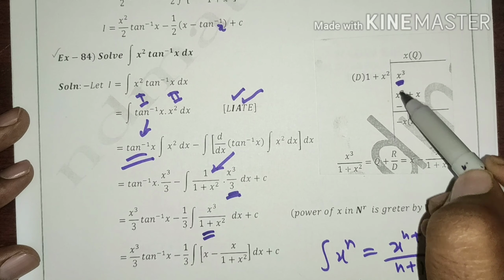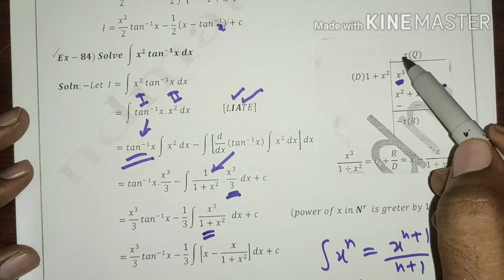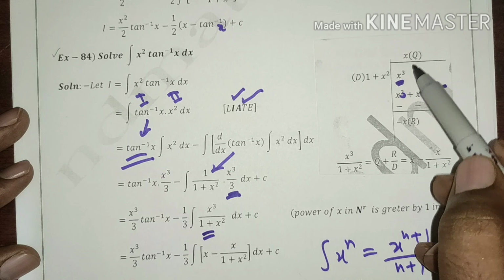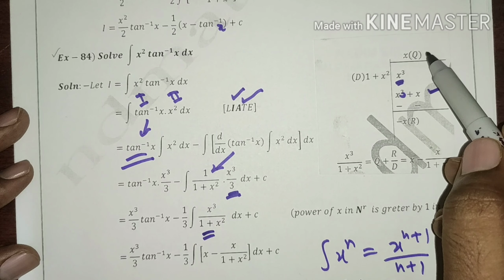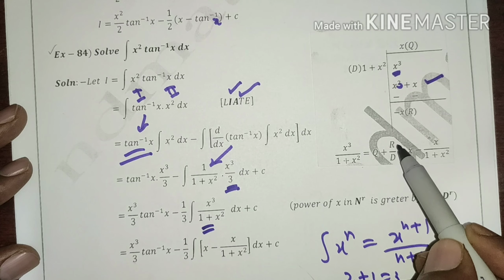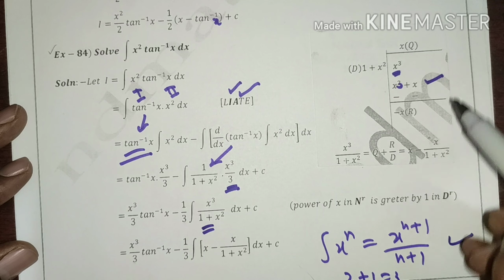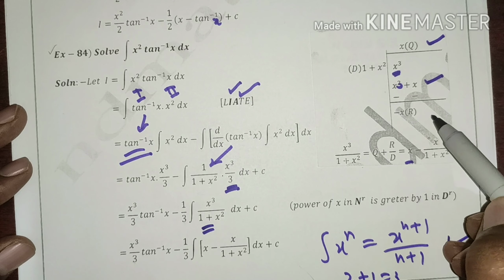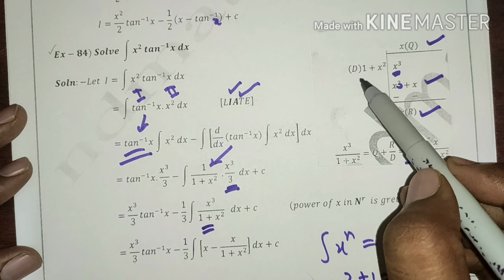So x into 1 is x, and x into x square is x cube. After that, minus x cube gets cancelled, and we take minus x, which is remaining. This is the remainder, this is the quotient, this is the divisor. We know the formula: the term equals quotient plus remainder divided by divisor. Here the quotient is x, so we write x here, and the remainder is minus x, so we write minus x in the numerator, and the divisor is 1 plus x